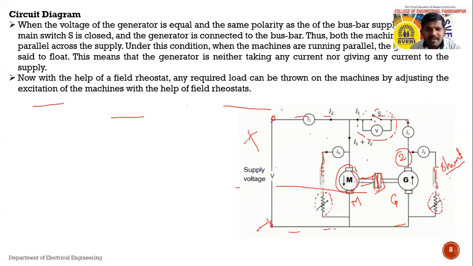Now see what will happen when the supply is on, and by using a 3-point starter or one starter, 3-point किंवा 4-point यूज करू शकतो. 3-point स्टार्टरचा यूज करून we start the motor safely. आपण जर मोटर काय केली, safely start केली. Once the motor starts rotating, because of the direct coupling the generator will also start rotating. Generator पण काय करतोय त्यावेळेस rotate व्हायला start होईल.